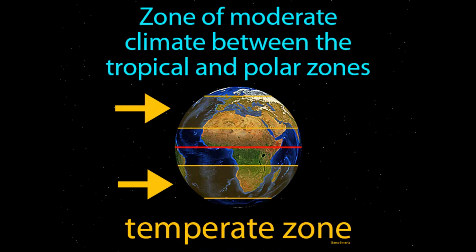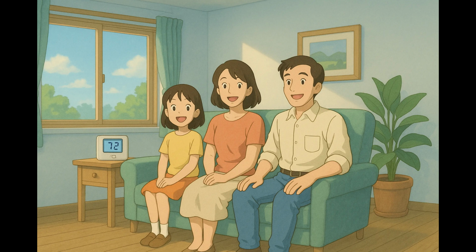Zone of moderate climate between the tropical and polar zones. Temperate zone. The temperate zone is a region on Earth where the climate is mild and experiences 4 distinct seasons. Imagine trying to find the perfect room temperature that isn't too hot or too cold, but just right for comfort. This is similar to the temperate zone on Earth, which lies between the extreme climates of the tropical and polar